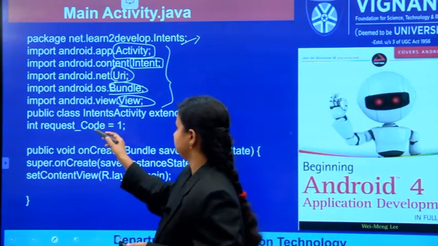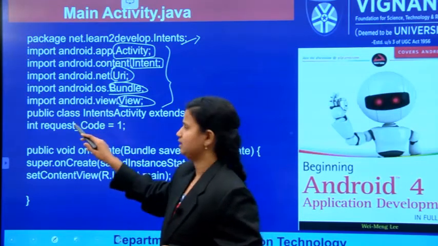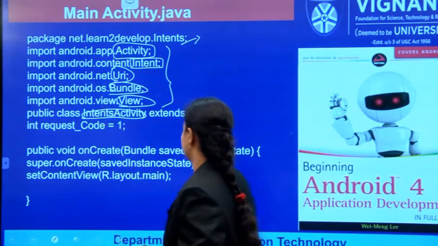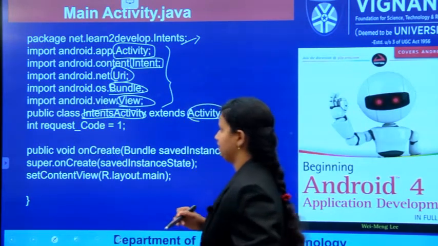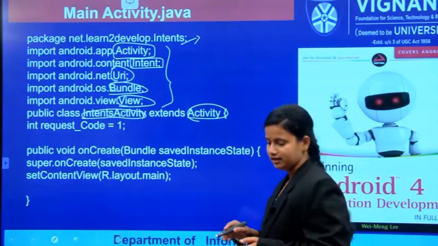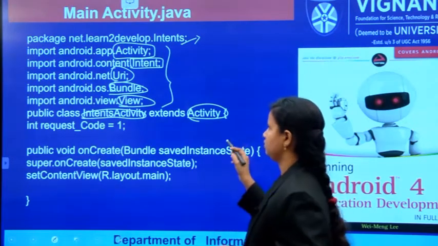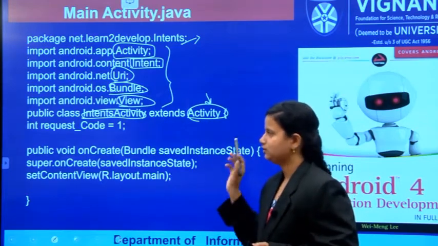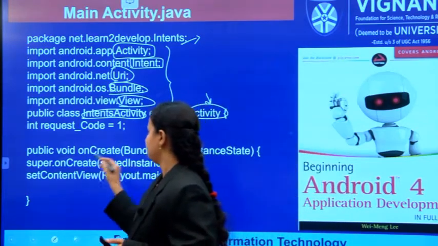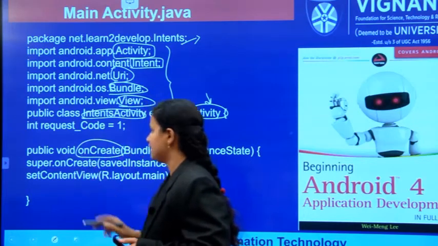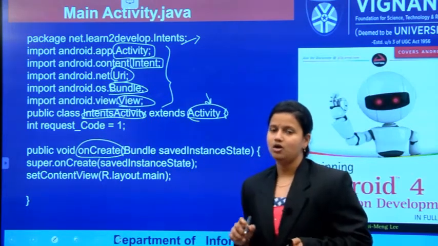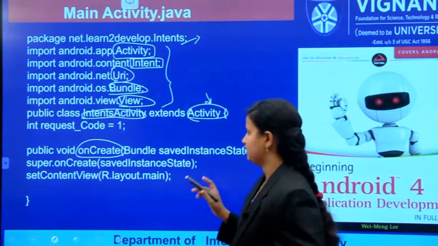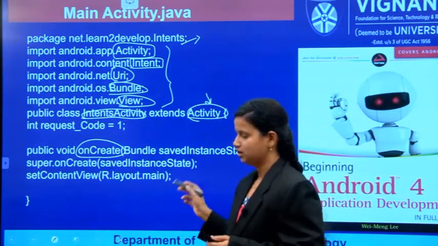And next thing is we have to write a public class. So the public class, this is our program name, application name, which extends the activity class. Why? Because the activity is already to be presented, we are using that one. And whenever you are considering an activity, the activity mainly invokes the on create method. Why? Because it launches your application. So that's why the on create method is to be called.